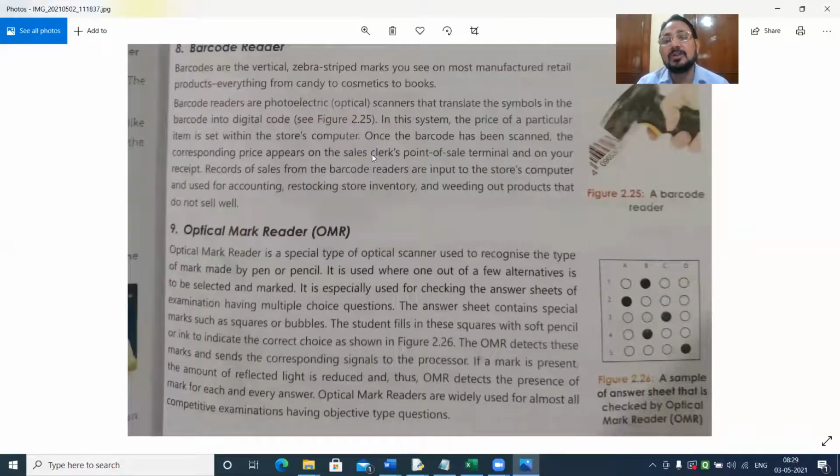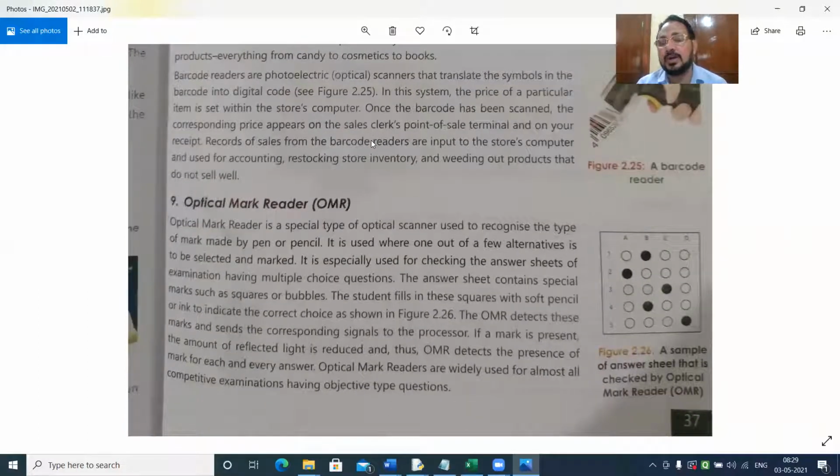Next is your OMR. OMR stands for optical mark reader. Optical mark reader is a special type of optical scanner used to recognize the type of mark made by pen or pencil. It is used where one out of a few alternatives is to be selected and marked.